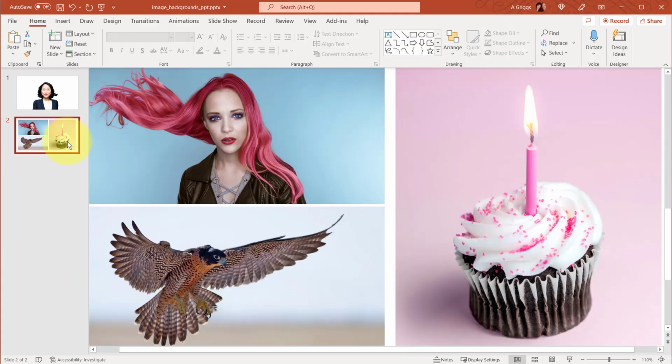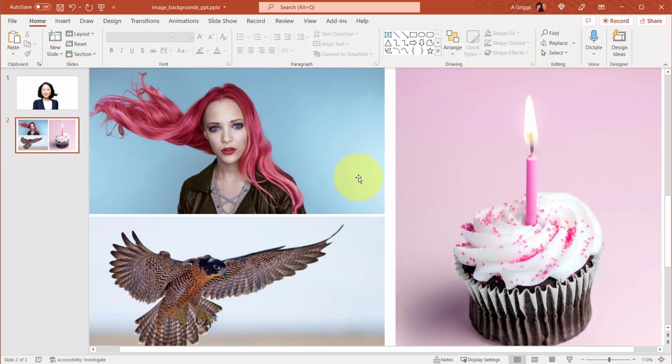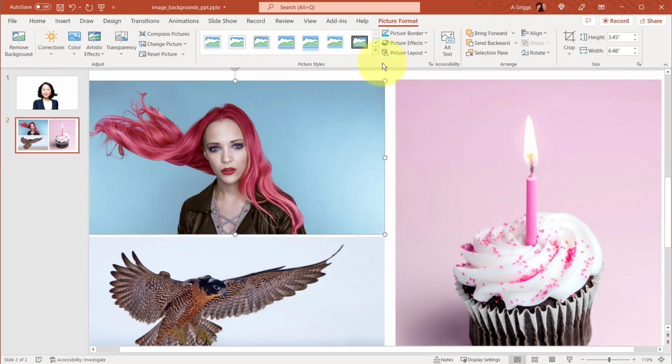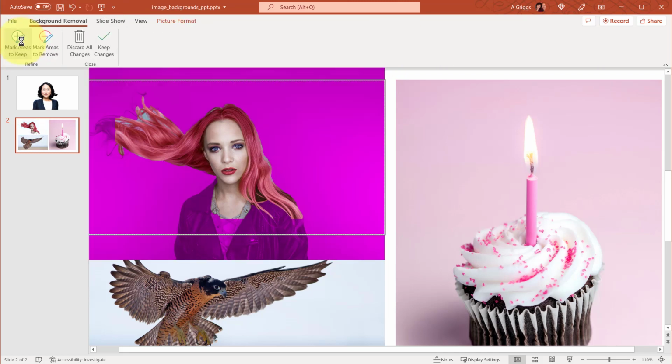So on this next slide, I purposely picked this one because this is definitely going to be a tricky section of the image for it to remove the background. So let's give it a try. So you want to double click on the image, and from Picture Format tab, click Remove Background. And as you can see, there's some areas here that are going to need some touch up, as well as the bottom area. So I'm going to pause the video, and I'll just click a little bit here after I select Mark Areas to Keep, and you can see